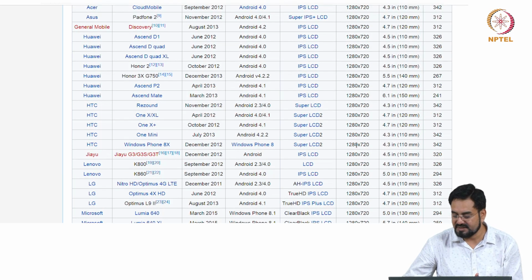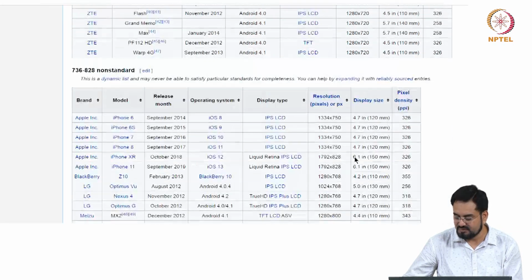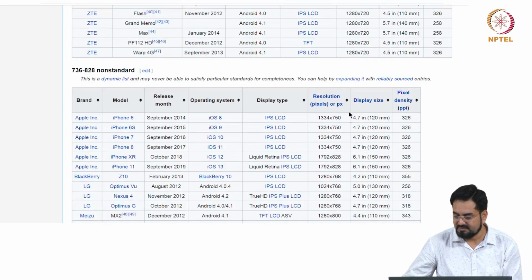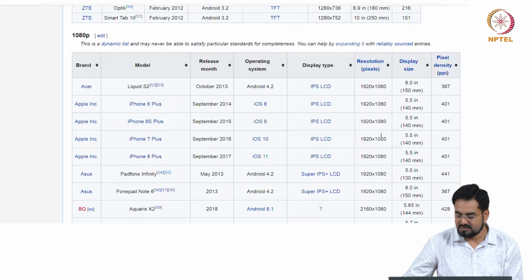So when your display gets bigger, in order to get a better picture quality, you have to increase the number of pixels. And then eventually you may have to move from, let's say, 1280 by 720 to 1334 by 750. So now your pixel density is increased. And then as you move on to, let's say, a 6-inch display, obviously it may require more. So now pixel density is more, and you are moving to 1920 by 1080. So more like the HD or full HD display you would have seen.